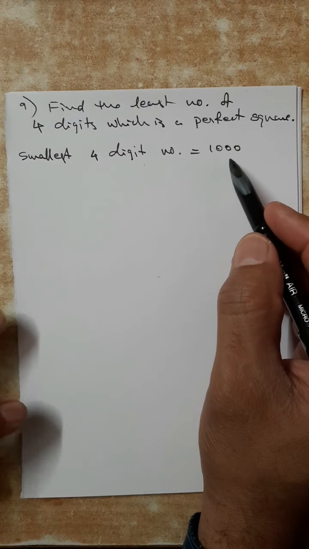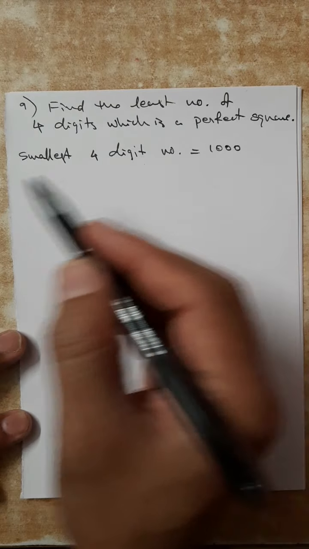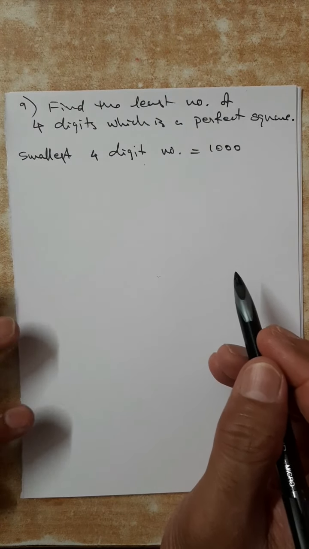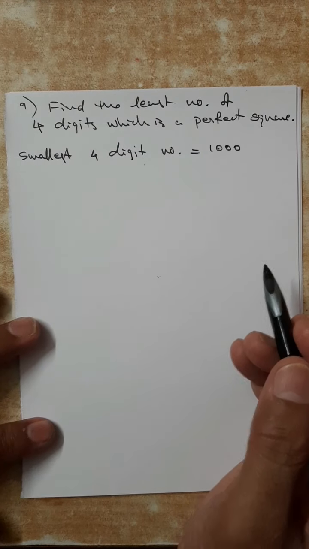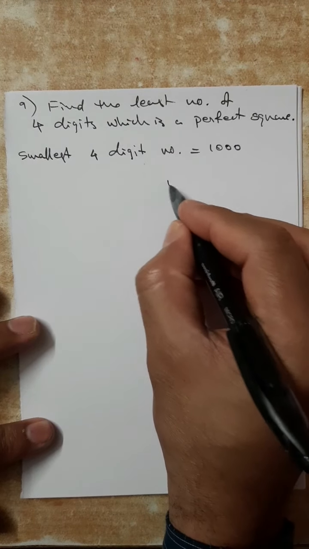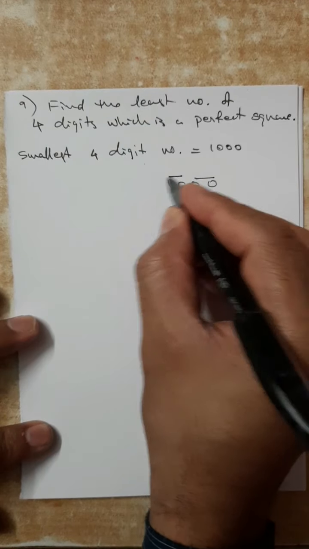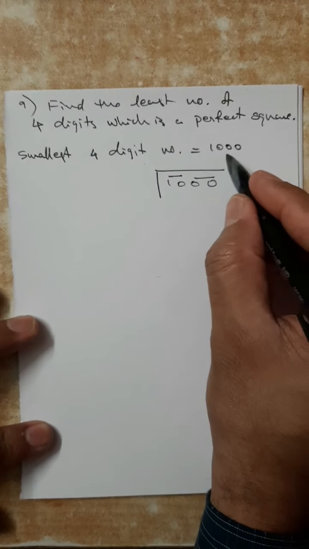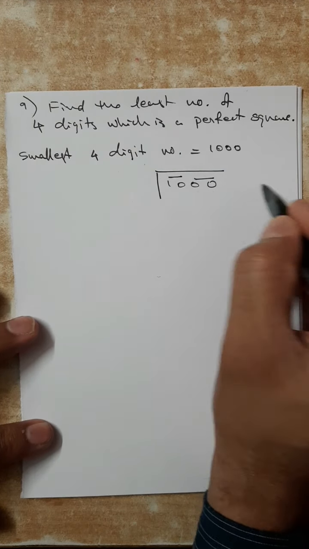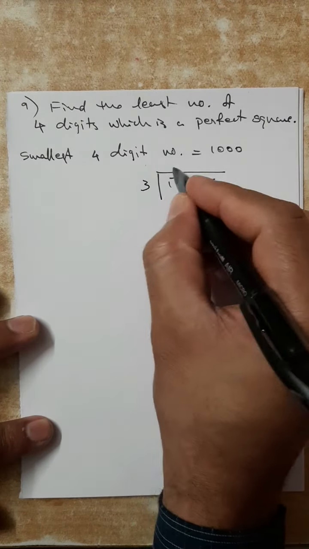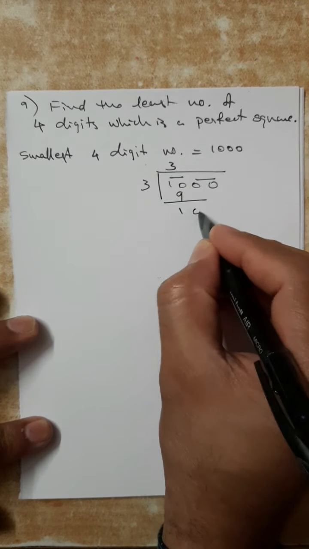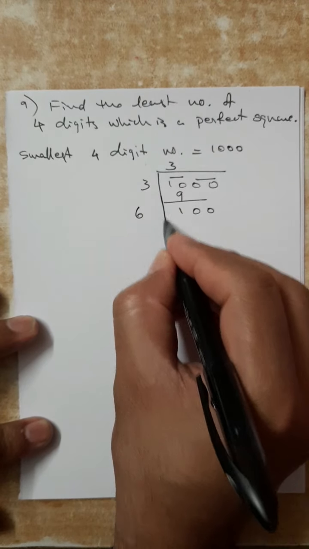I can add something. That means the question is changed into what we just explained, question number 8. What should be added to this to make it a perfect square? Because we cannot do subtraction, addition is the possibility. 3 3s are 9. Balance 1. Double of 3 is 6.